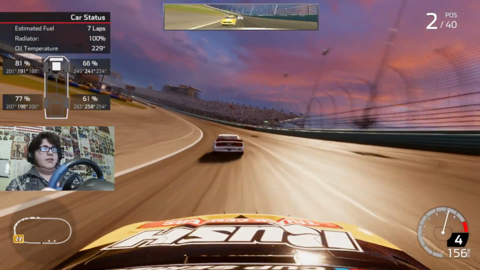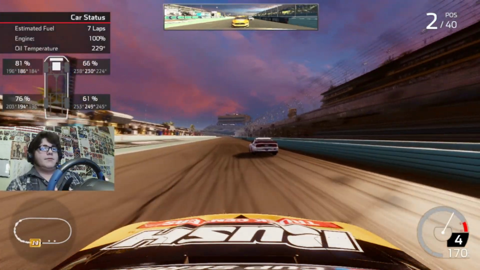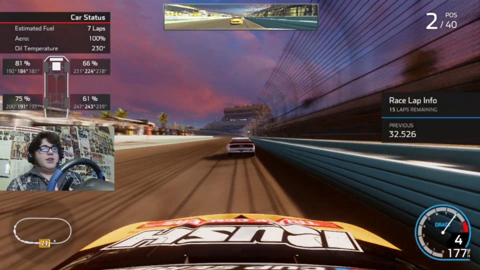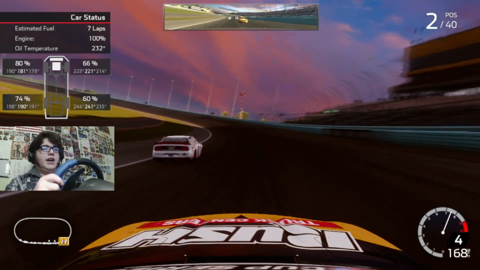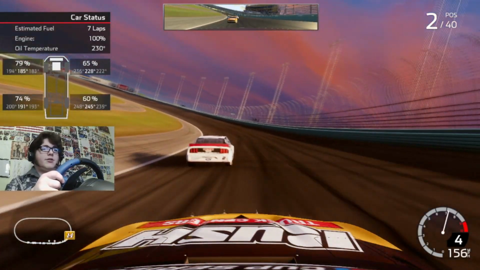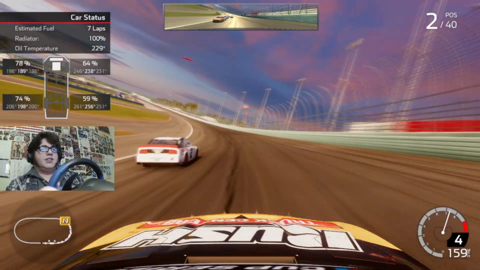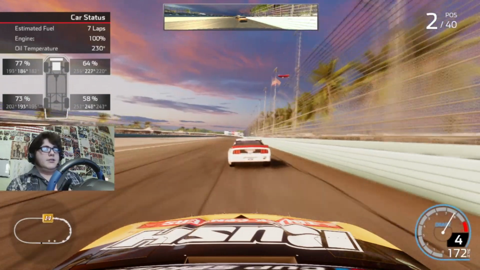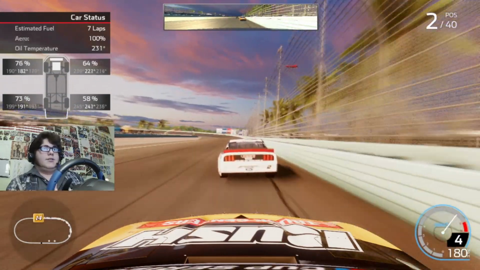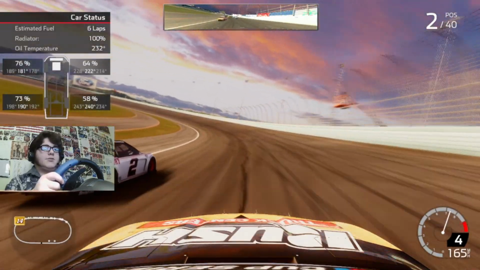Ooh, man. I was sliding all the way through 3 and 4 right there trying to hold the bottom. Should probably stop trying to do that. Here, I'm going to run the line that I beat Kurt Busch with. It's less abrasive on my tires, I know that, because I'm literally steering less. You have less input in the wheel when you run a higher line, which is why you can save tires